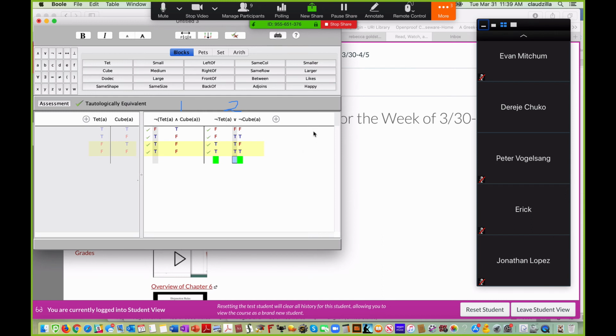Okay. All right. So can we do one where they're not equivalent? Yeah. In fact, here's what I'd like us to do. Let's work two sentences that will turn out to be contradictory. Okay. All right. So we already have the first sentence worked out. Here's what I like to do. I'm going to simply take